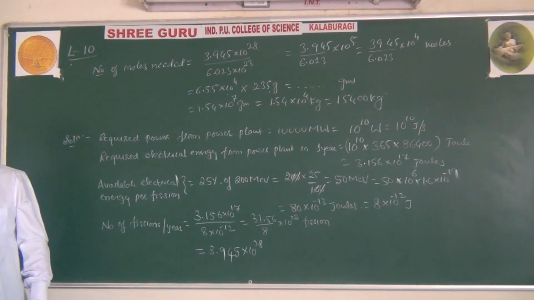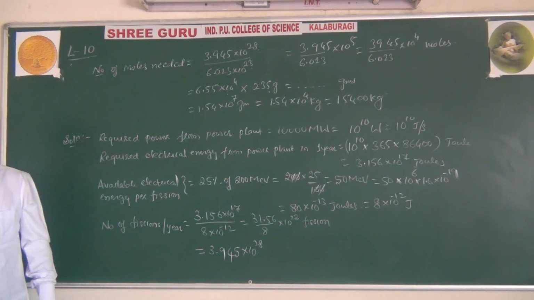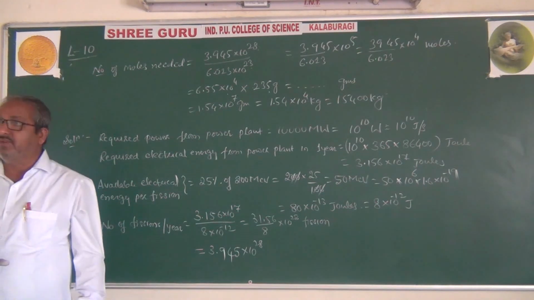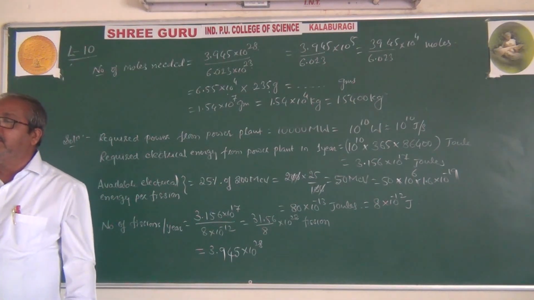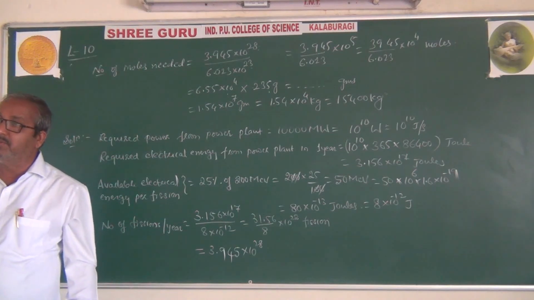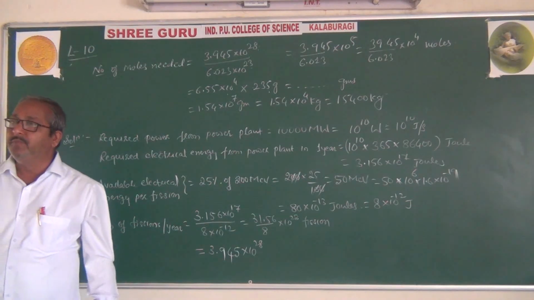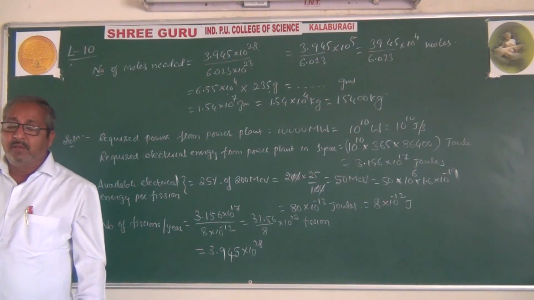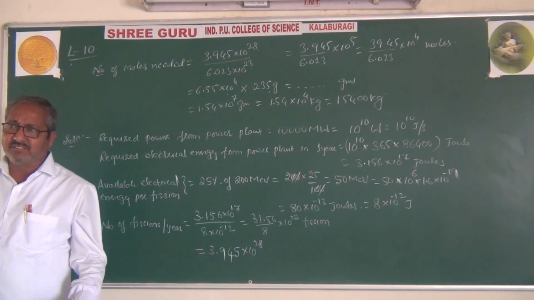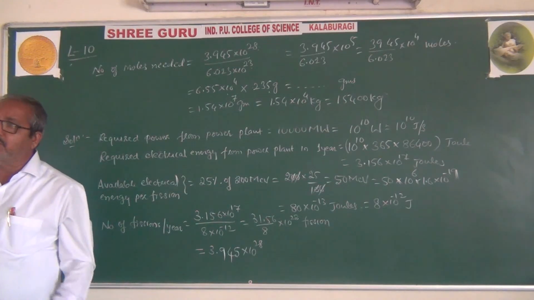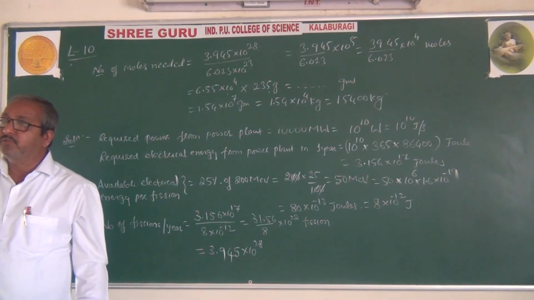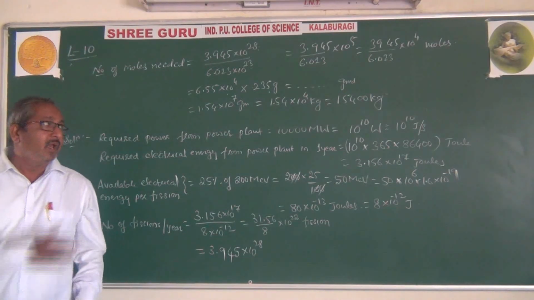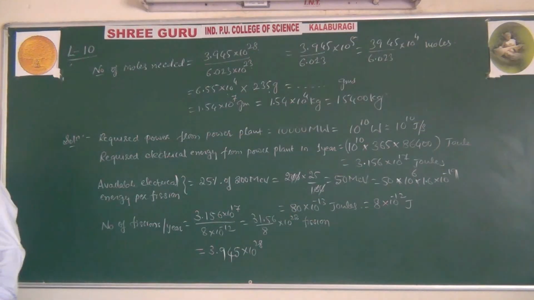This is what the questions, few questions we did based on nuclear fission. Few more questions we will do in the next class. For example, in case of nuclear fission, one of the applications is the atom bomb, which works on the principle of nuclear fission. As you know, in Hiroshima and Nagasaki, about 56 or 60 years back, what amount of uranium was used in the bomb blast so that a large amount of energy was released, and based on that we will do another problem.